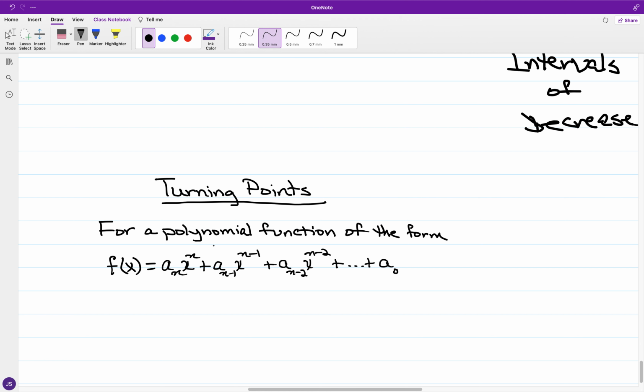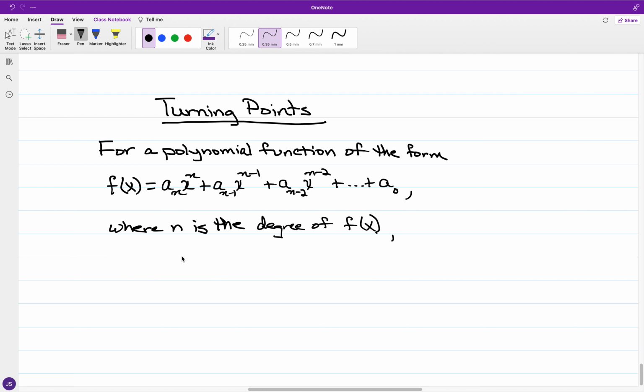Okay, so for a polynomial function of this form, n is going to be the degree of the function. Now one might ask, where are the turning points going to come into the scene? Well, they will now. The number of turning points